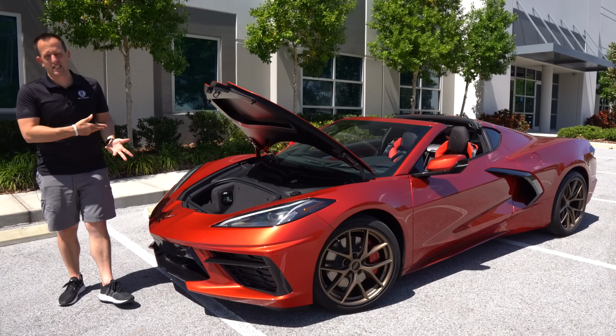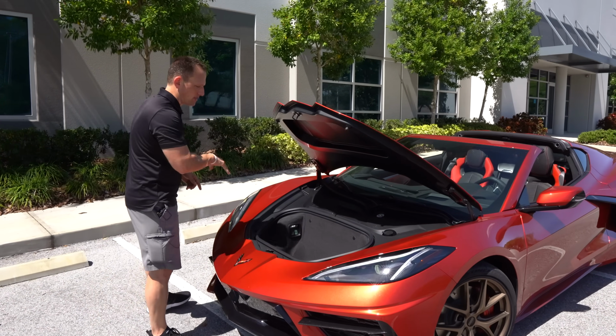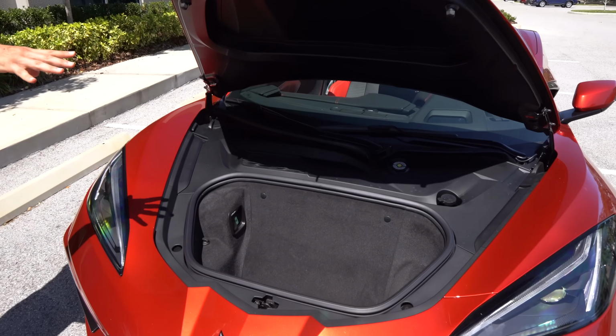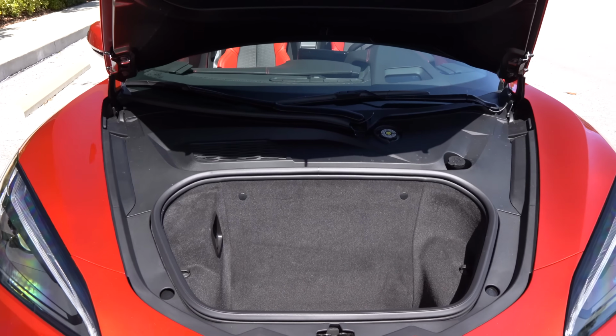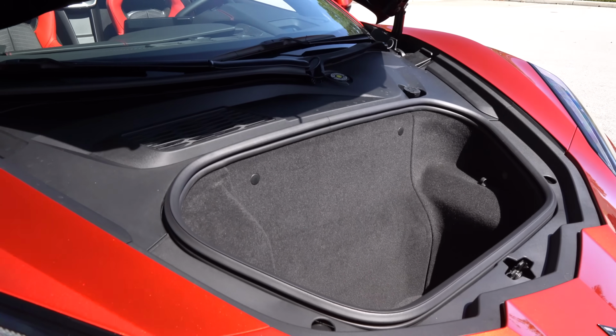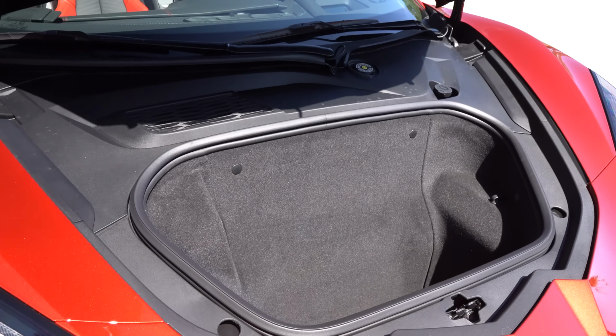All right, guys, we showed you that space with the engine compartment. Look at what you get. That's not the only space. You get space up front, enough room for 2 carry-on bags. Think about going to the grocery store. You could easily get a whole Thanksgiving Day dinner supply list put into that, just the front compartment,